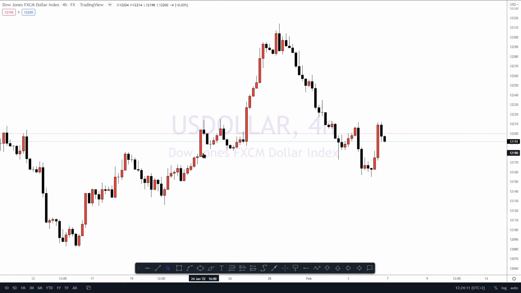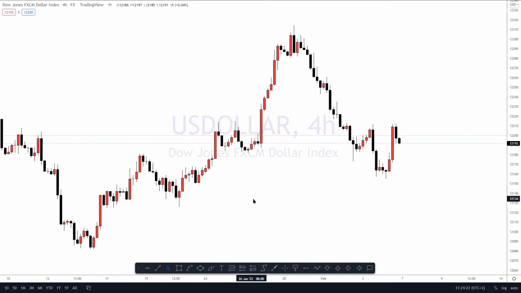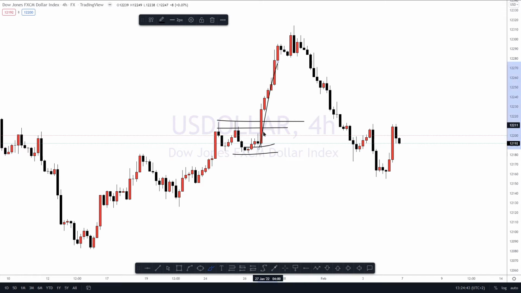So what I'm going to give you right now, I'm going to start with our US dollar index, and I'm just going to show you what has happened, what is happening, and what we are anticipating. In the past couple of days, we saw a bit of a push to the upside from the dollar index. And I think this was when FOMC happened, and it just pushed the market to the upside.